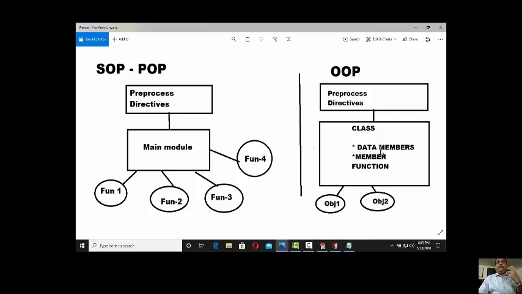In OOP, you have to develop a class, you have to wrap the data in the private section and the functions in the public section. That process is called encapsulation, wrapping all the data and functions together, and then create the object in the main, and then give a call to the public functionalities, and then you can achieve the objective. And this is exactly object-oriented programming. If you don't deal with the object, if you don't deal with the class, if you don't deal with the private data, and if you don't deal with the bottom to top programming approach,